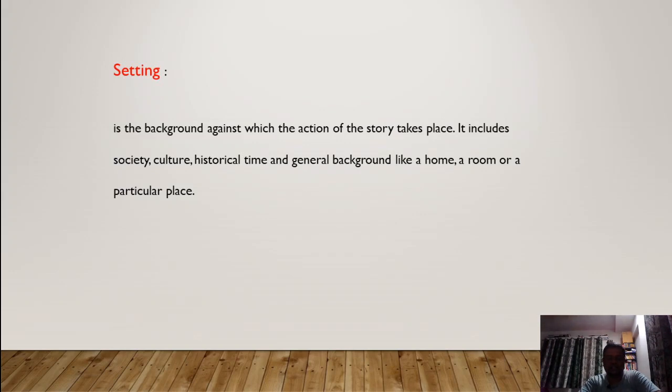So in order to understand the narration, the action, the motives of the people, we also need to look into a little bit of background, which might be historical or social or the past life of the people. Many times the background is historical or cultural also, we need to understand that. Also that sometimes it describes some kind of background like a stage setting, a home, a room, or a particular place.